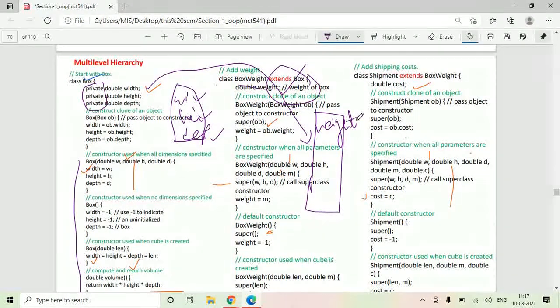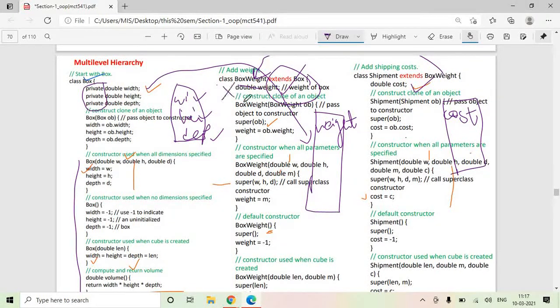Now next, class shipment. Let us try to create an object of class shipment. How many variables do we have? Cost. Okay. Now shipment is not a normal class, it is an inherited class from class box weight. How many variables do you have in box weight class? Only the weight variable.